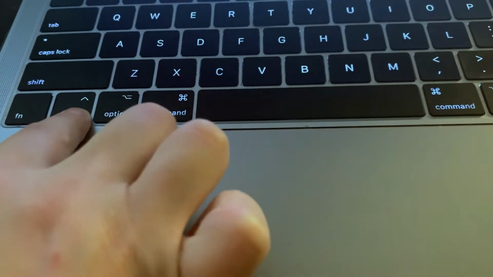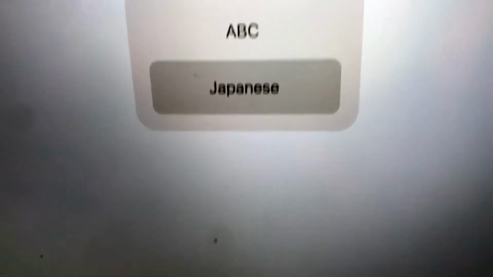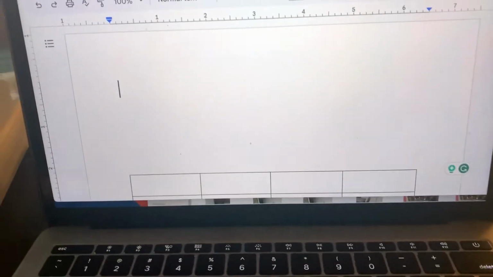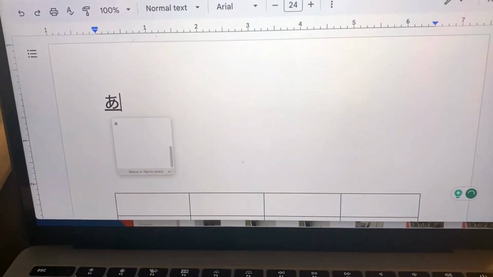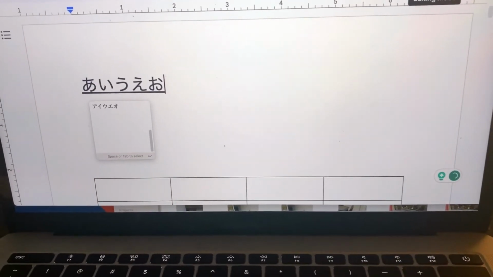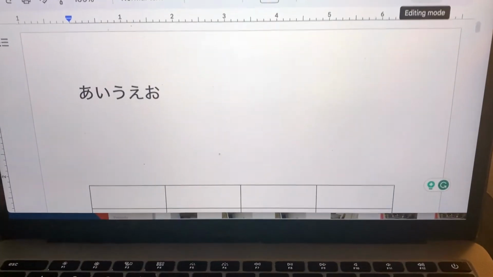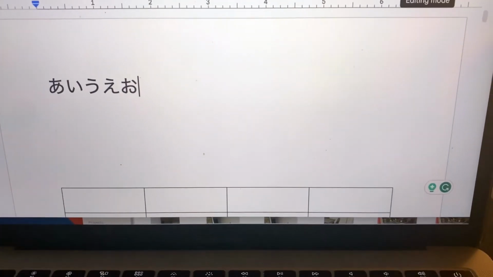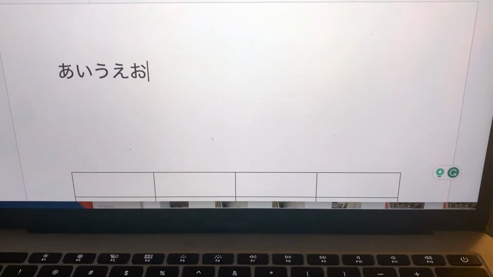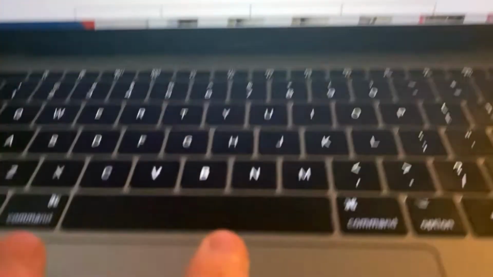As you press the command key, click, click, click, click. When I want to type Japanese, keep it this way and I, U, E, O. When it's okay, set the return key, and that's going to be Hiragana. Let's do A, B, C, D, E, F, G. Okay. So again,